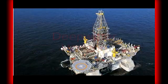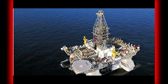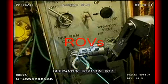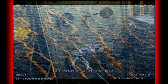The spill seemed manageable last Thursday, 2 days after the rig exploded and sank off the Louisiana coast. But it has turned into a much more serious environmental problem, or disaster, after a new leak was discovered on Saturday. Officials have been trying for days to use remotely operated vehicles, ROVs, to activate a blowout preventer aboard the sunken Deepwater Horizon. The preventer is essentially a cut-off valve at the wellhead. On Sunday, crews operated a ROV nearly a mile below the surface of the Gulf of Mexico, but were unable